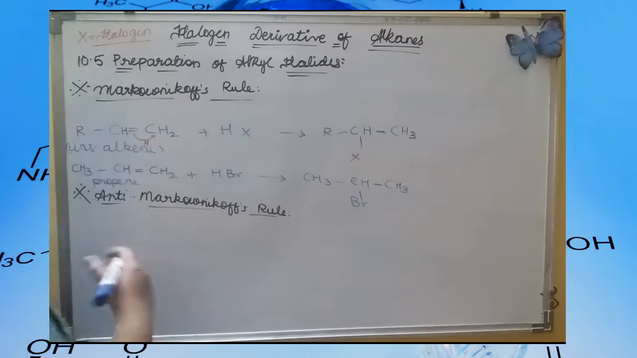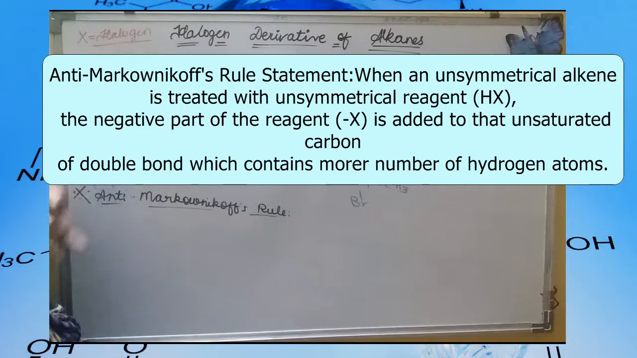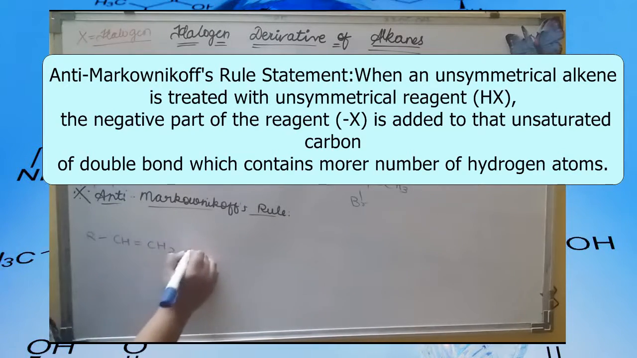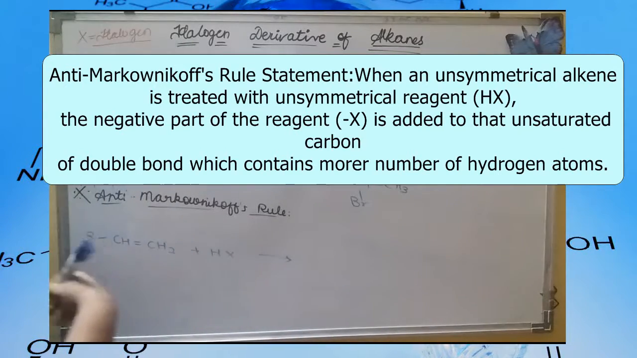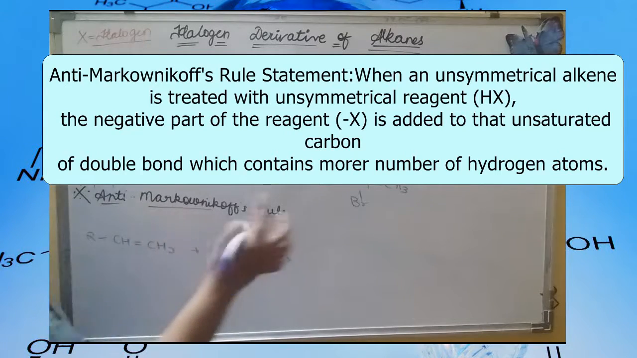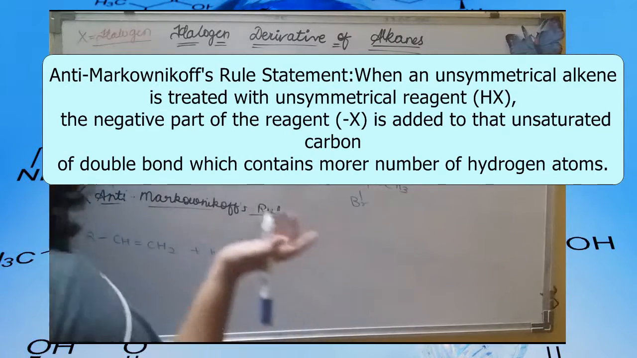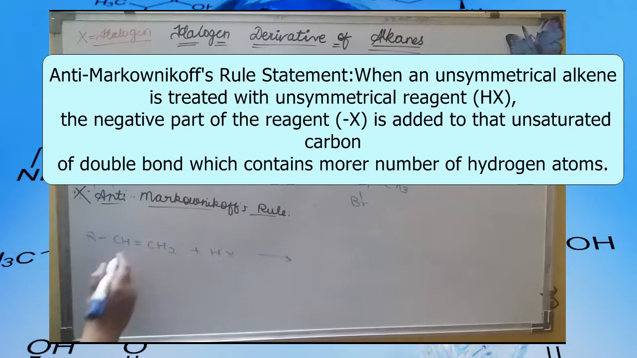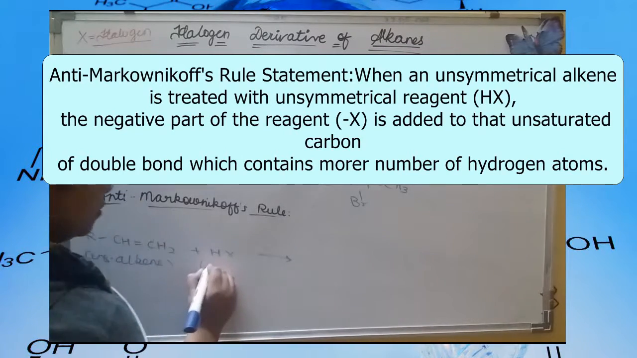Now in Antimarkownikoff rule, anti means against, something which is not following the Markownikoff rule. The statement would be a little bit different. Though it has alkene only in its constituents, and an unsymmetrical reagent is also added, the product which we will get and the place where the halogen group is getting attached would be different. So, as the statement says, when an unsymmetrical alkene is treated with an unsymmetrical reagent,